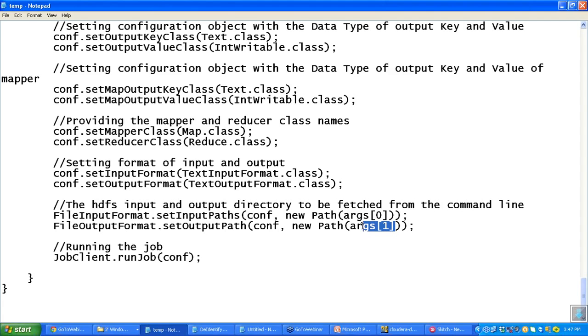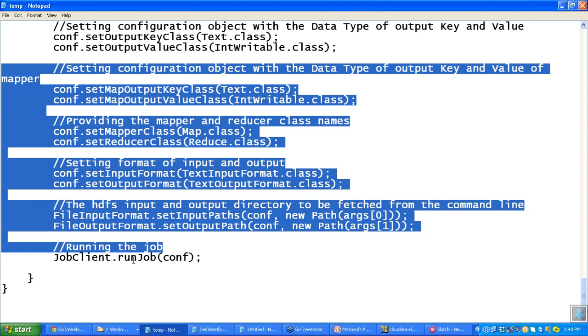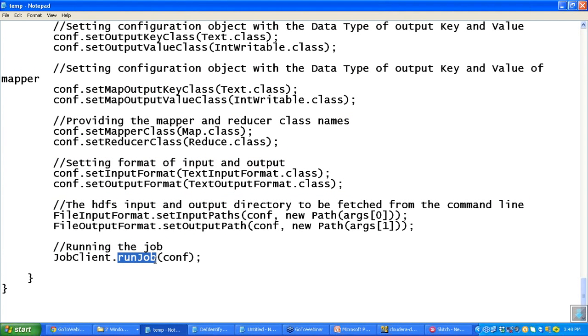Do you remember, in the previous webinar, whatever input file we want to perform the analysis on, that will become my args of 0. And what is my args of 1? Args of 1 is nothing but simply the output file where I want to store the result. And all these things we are running as a job here by calling the method run job,